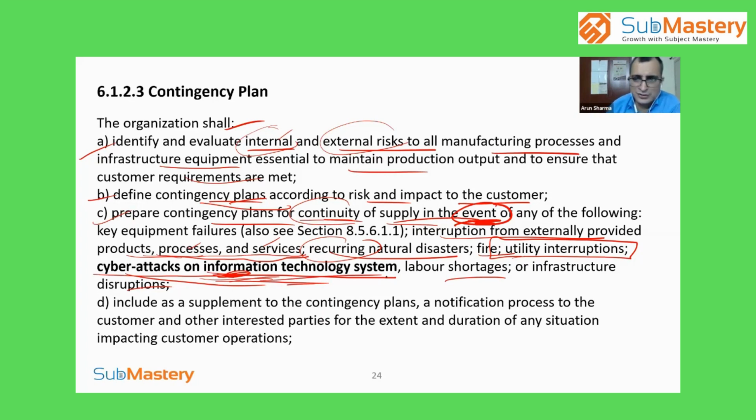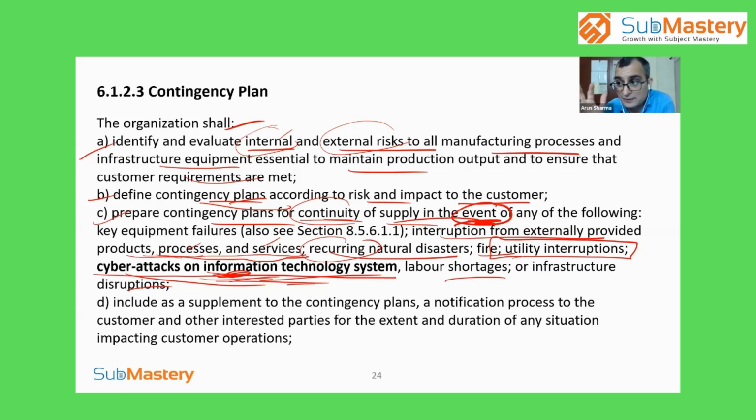I hope you got this understanding of why this is important. Think about the engineering data. If that is stolen, or the critical confidential data of the customer is stolen from your computer, or there is a cyber attack and tomorrow you miss all the data, you can't do invoicing, or there is no engineering drawing in your cloud or portal. You think about this, right?